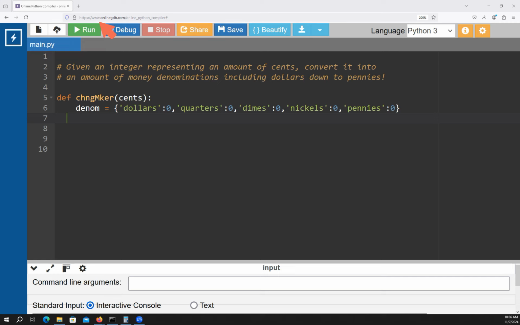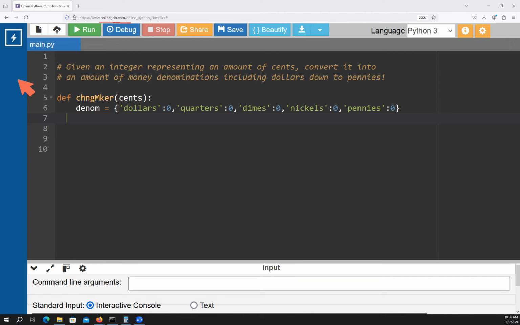I am in online GDB. Shout out to the homies at online GDB. They make a good IDE browser. That's what it's called. Or browser IDE. Yeah. So today I'm going to show you guys my take on an algorithm to make change